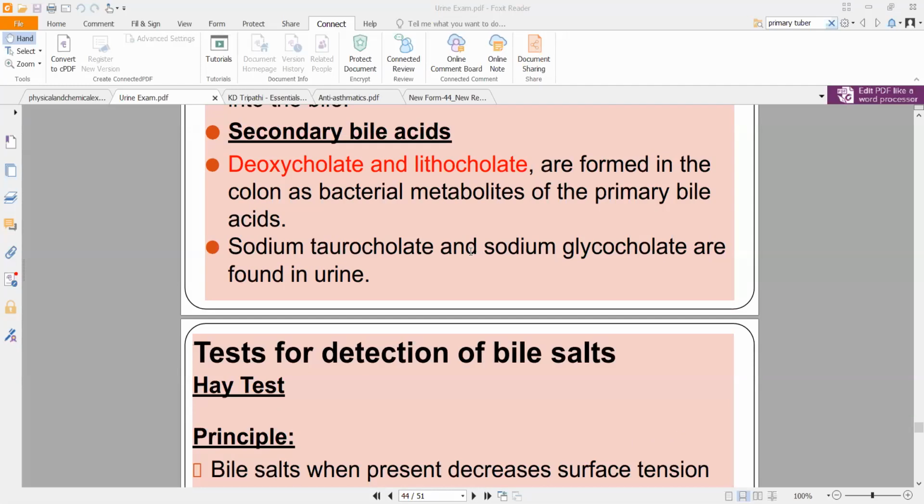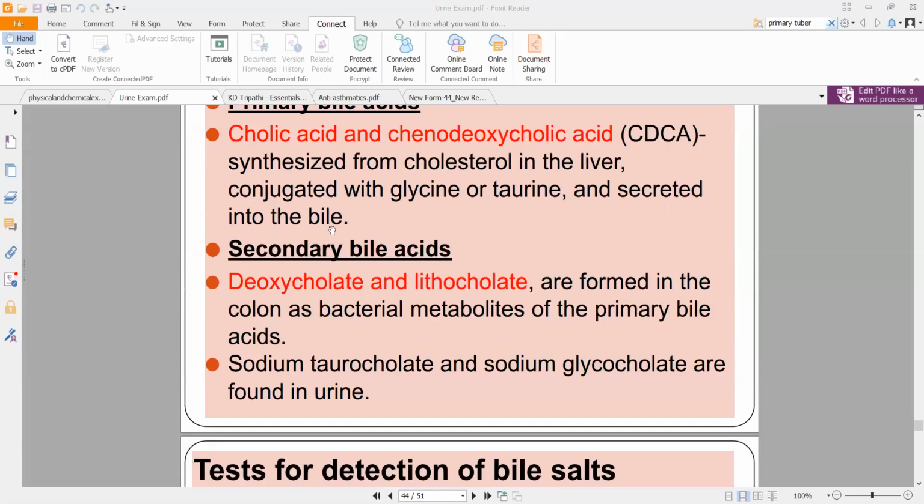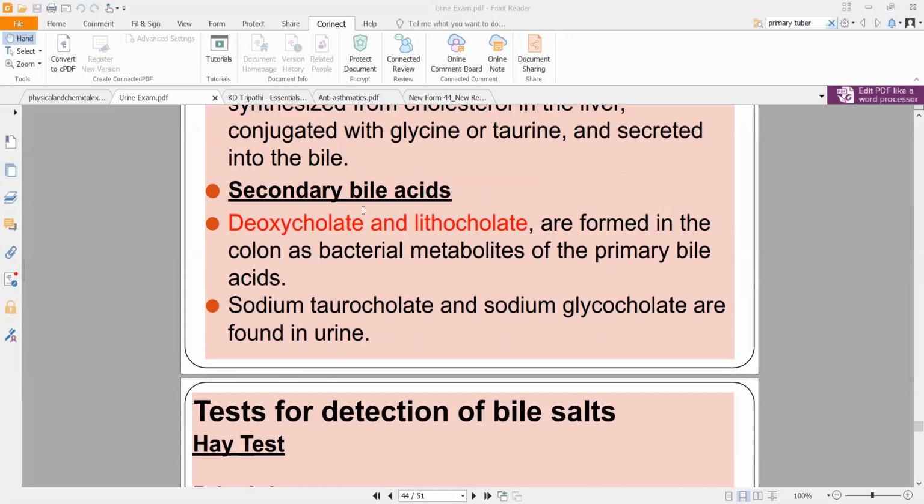So what happens is they form sodium taurocholate and sodium glycocholate and excrete those same acids in the urine. How do you test for that? Meaning when there is an abnormality, there will be an excessive amount of these. Technically speaking, they should be in very trace amounts in your urine. Normally, not even found. Okay, unless your liver is not working properly or a kidney is not working properly, then you will be able to find it.